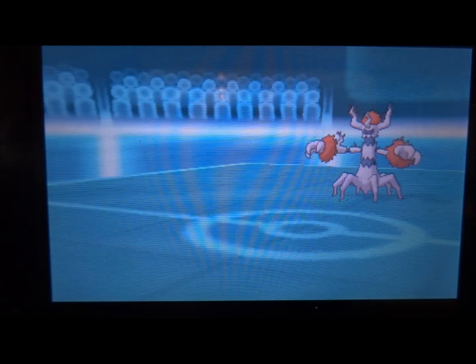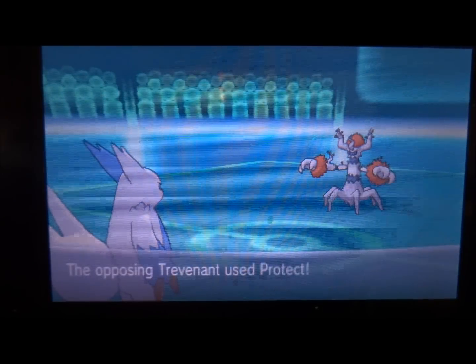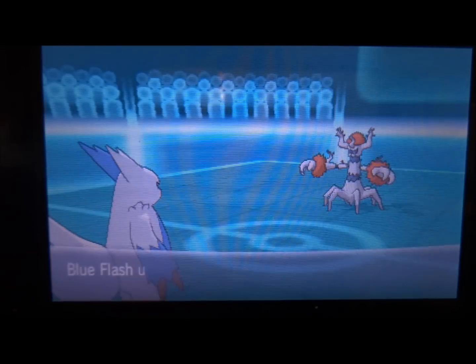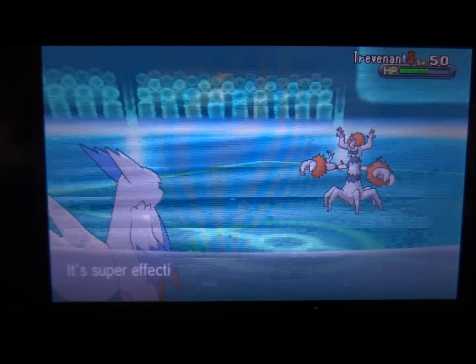I mean, I guess I could have used a fire move, but I didn't want that recoil. So I go out into my Zangoose while he goes into the Protect, but it does not do anything because I switched out. So there's really no reason to Protect. So at that point, I get the Toxic Boost, and he is weak to Dark, and I do go for